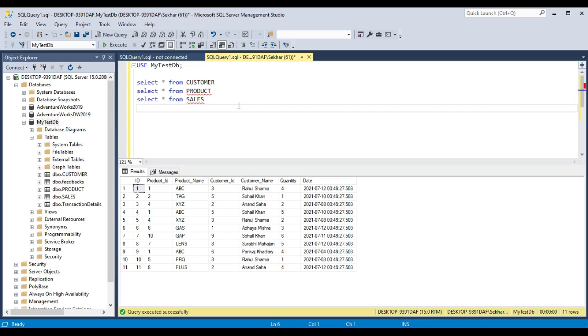Suppose you want to join these tables to find out, like, the first record you see is the product ID 1 name, and the customer who has purchased has ID 3, customer name is Rahul Sharma, and quantity is 4. We don't have the total price which the customer has paid. In case you want to find the total price, from the product table you have to take the price, and from the sales table you get the quantity.